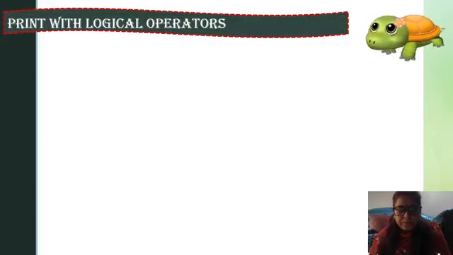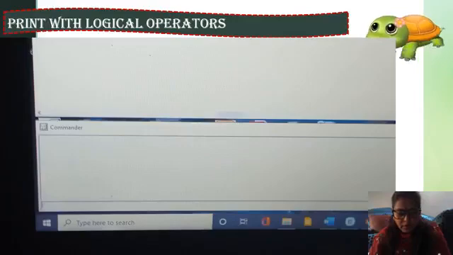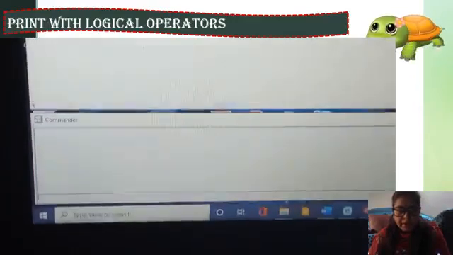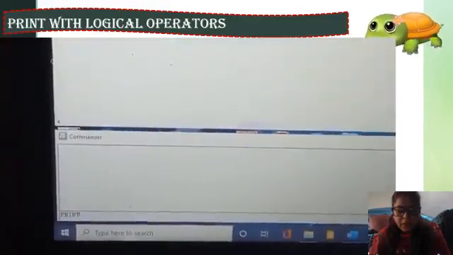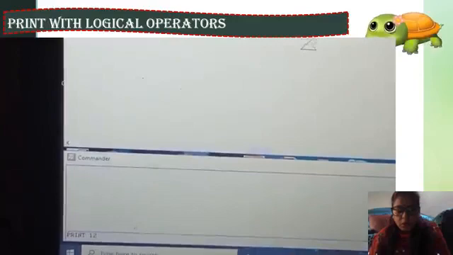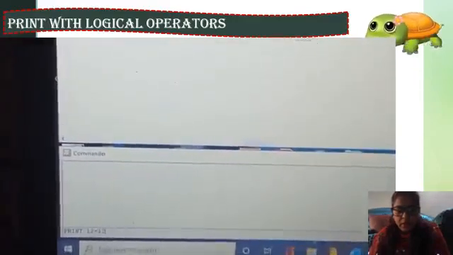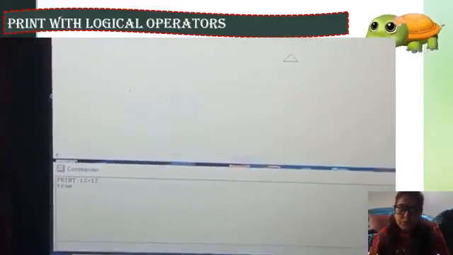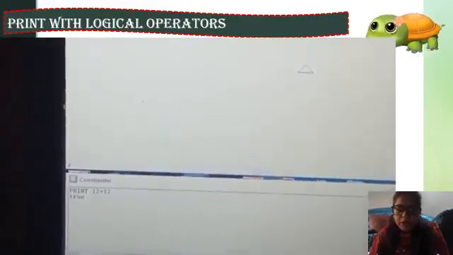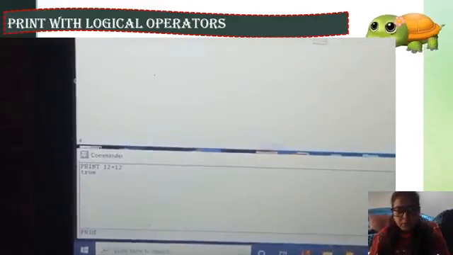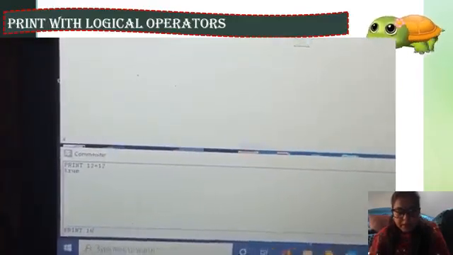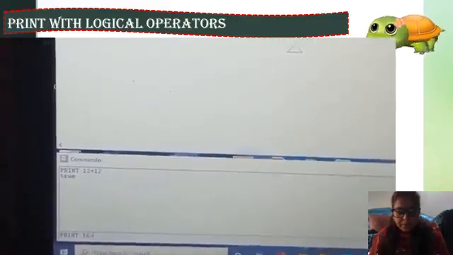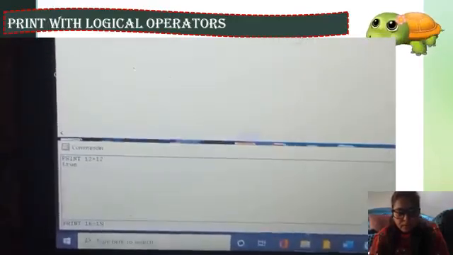Okay, let's see practically. Here, write print. First we see the equals to command. For that, print 12 equals to 12. What is the answer? True, because both values are the same. That's why its answer should be true. Then next is greater than. Print 16 greater than 15.